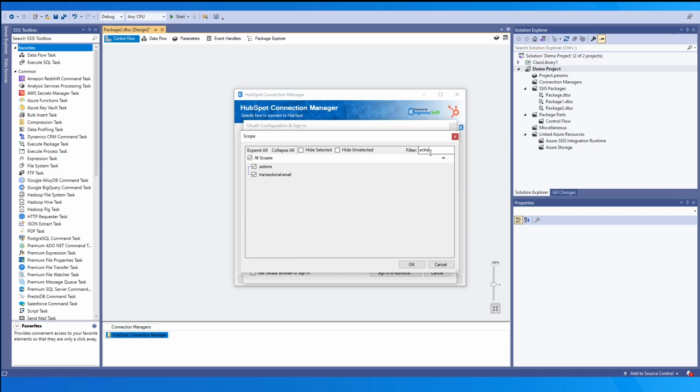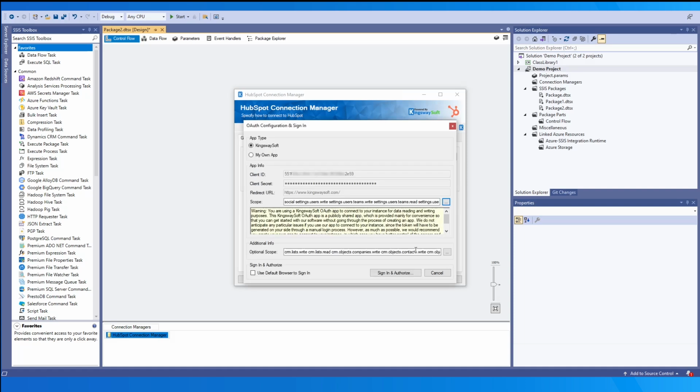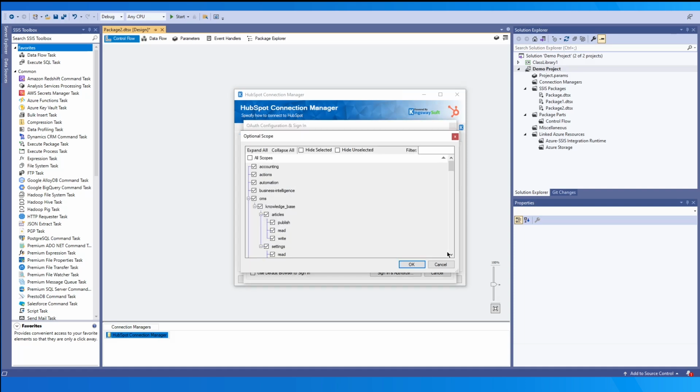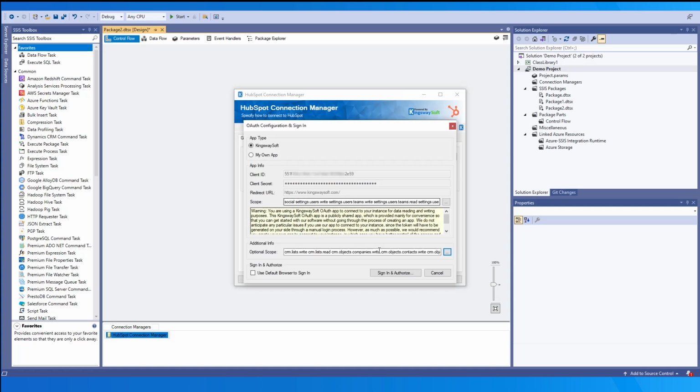For the option Additional Scopes, this is the same, but you may add scopes that enhance the app's capabilities but are not critical for the basic operations. This may help in cases where the additional requested permissions may not be available for all HubSpot accounts, and if the account doesn't have the permissions to the resource where the scope is needed, the authorization step would process without failing the authentication. Essentially, the scope would just be skipped.